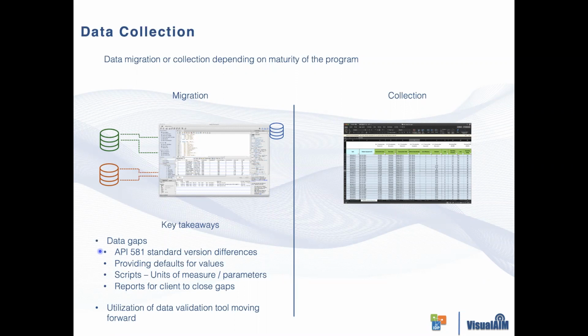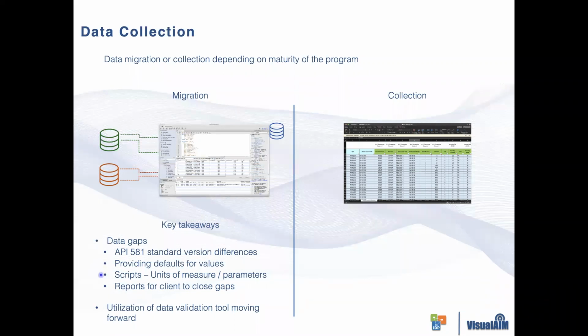So from that point of view, what we ended up doing was providing options for the customer to default sets of values for the software. This was an example. Another example of a default value could be the atmospheric condition for the calculations. It typically asks if it's a temperate climate, a desert type climate, or if it's close to any marine sort of condition. So we had to add in those preset default values for the customer to select depending upon the region of the particular facility in order to facilitate this whole data migration and data gap closure process,